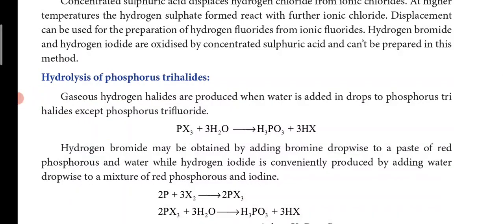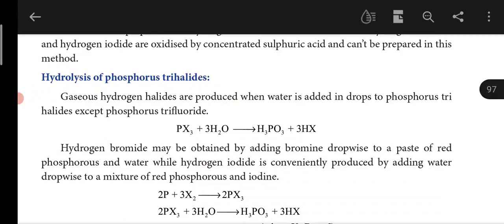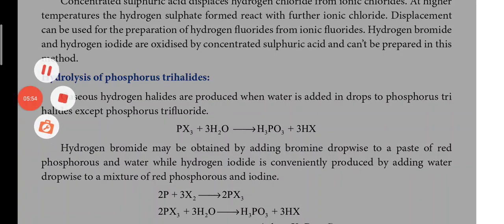And this displacement is useful in the preparation of hydrogen fluoride from ionic fluorides, and hydrogen bromide and hydrogen iodide are oxidized by concentrated sulfuric acid and can't be prepared by this method. Okay, so